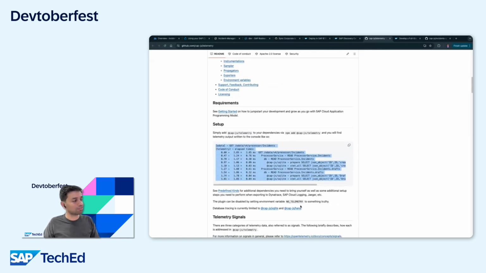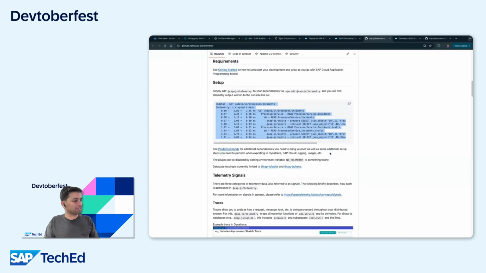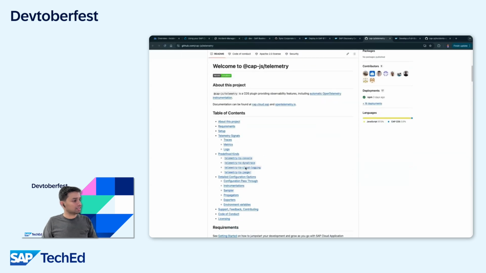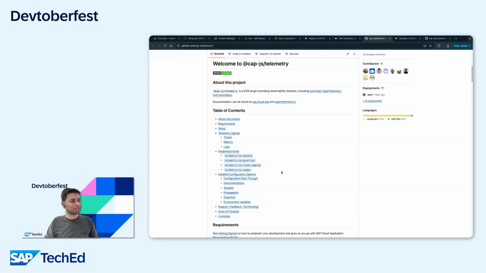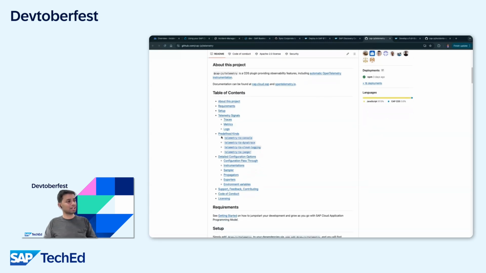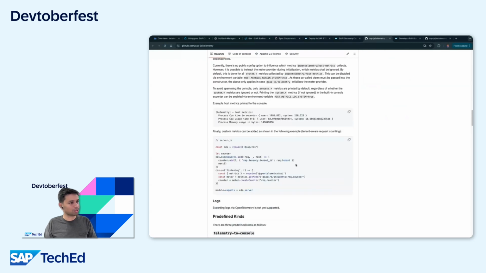You really don't have to write any piece of code. So it's having more developer efficiency coming into the picture. And this plugin also helps you push your logs to console, Dynatrace, Cloud Logging, or Jaeger. Like as the requirement is, there are some destinations or endpoints where you can pass, and many more information can